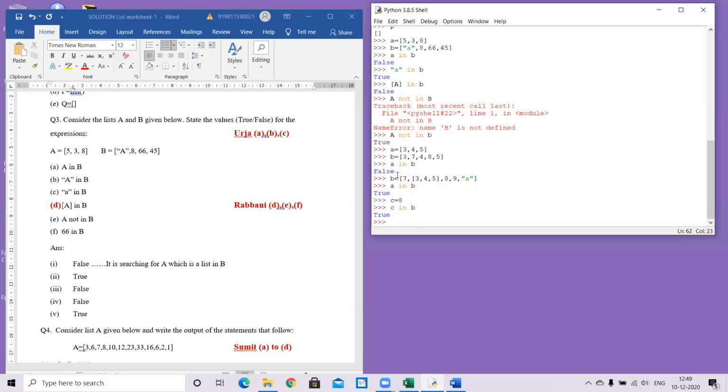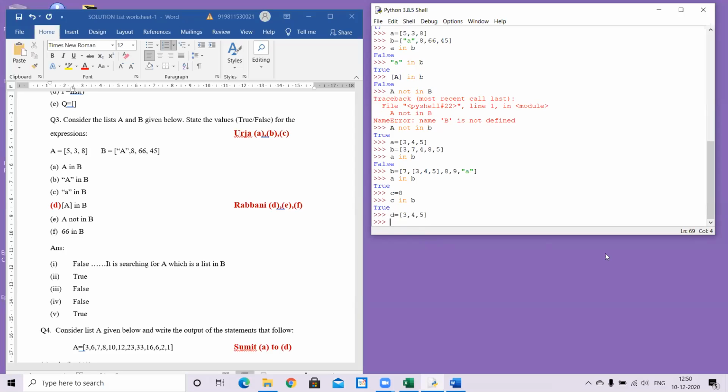Ma'am, I wanted to ask one thing. If we take D as 3 4 5, the one you put in a bracket, and then we say A in D, what will that be? Okay, fine. So we are saying D is equal to 3 4 5, one list.